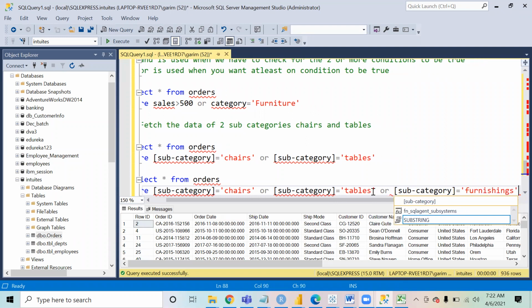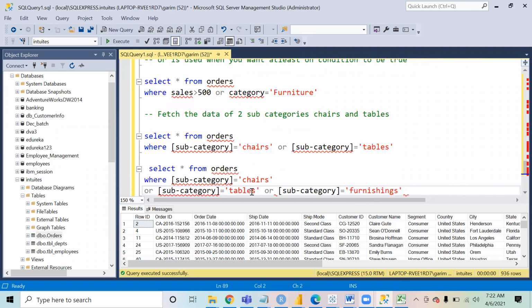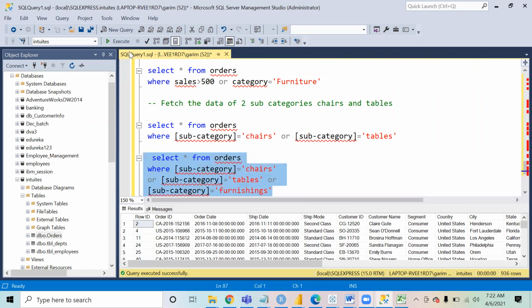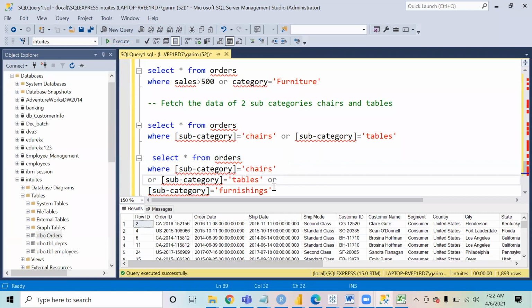So I will add one more condition, that I want the data where subcategory is equal to chairs, or subcategory equal to tables, or subcategory equal to furnishings. So this is going to fetch the data for these three subcategories now, right? So I can keep on writing those OR conditions for the same column if I want to fetch the data for multiple items.